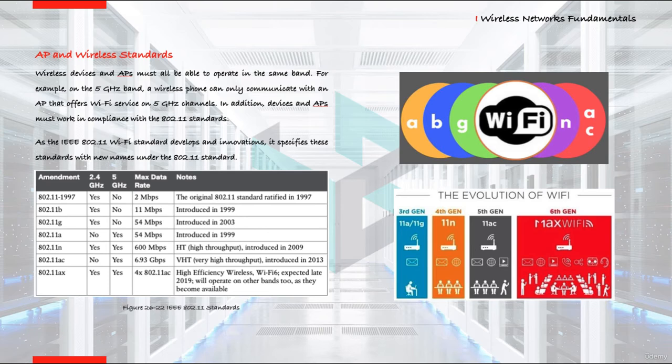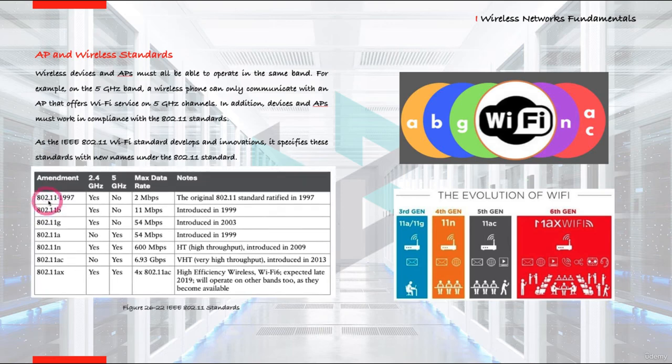We use the standard. You can see the 802.11 standards we use in our wireless devices in the table here. Our first standard, 802.11, was published in 1997 using the 2.4 GHz band, with a top speed of 2 megabits per second. Then 802.11b was standardized in 1999, the highest speed of which was 11 megabits per second. Our next standard was 802.11a, which broadcast on the 5 GHz band and supported 54 megabits per second,